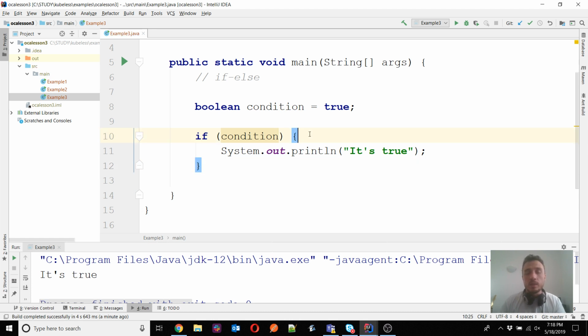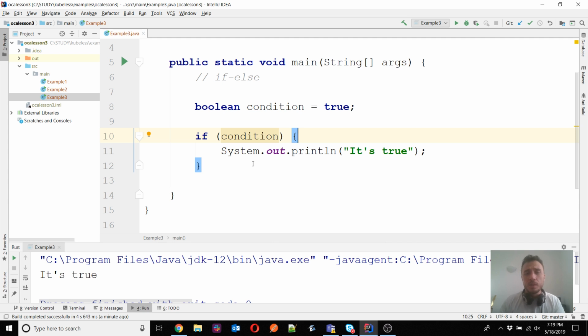Well, in a real application, it is advised that you always use the curly braces, even if you have only one instruction, because this makes the code easier to read. And moreover, in the OCP exam, you will see questions in which these curly braces are taken out, and you have,